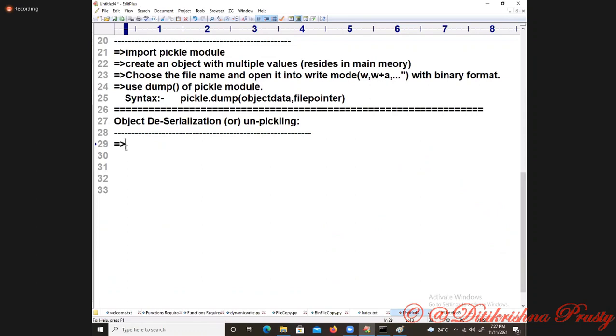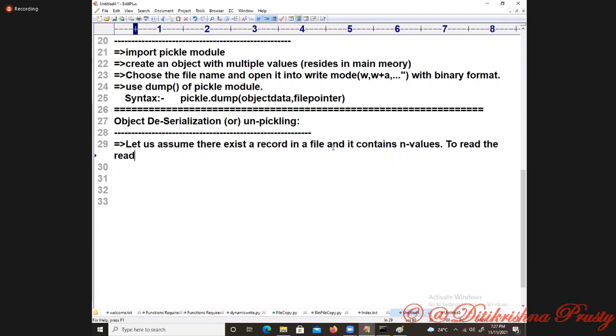I'm writing some description. Let us assume there exists a record in a file, and it contains n values. To read the entire record values,